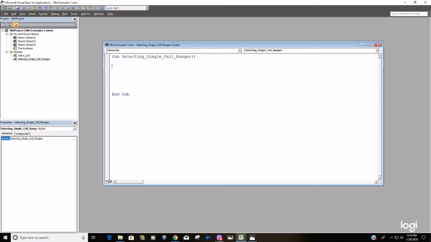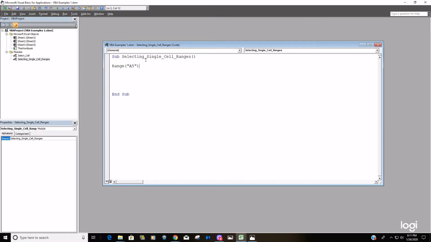So the first method I showed in our last video, but I'd just like to run through that really quick again. And again, you can use the keyboard shortcut Control and the spacebar to get your list of options of different methods and objects and properties within VBA. If I start typing the word range, it'll instantly pop up. I can select that and hit Tab. And we're just selecting a single cell, so we only have one cell reference in here, and we'll just do A5. And that needs to be in double quotes